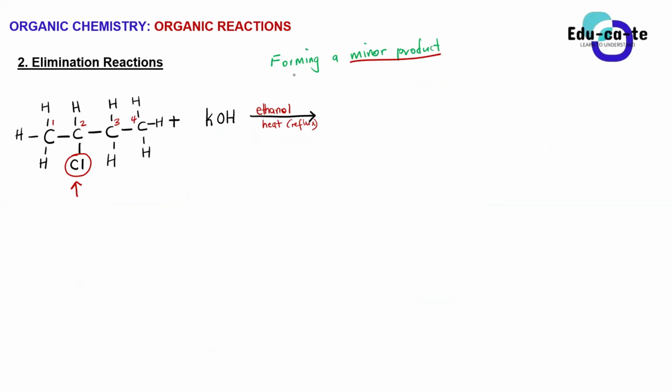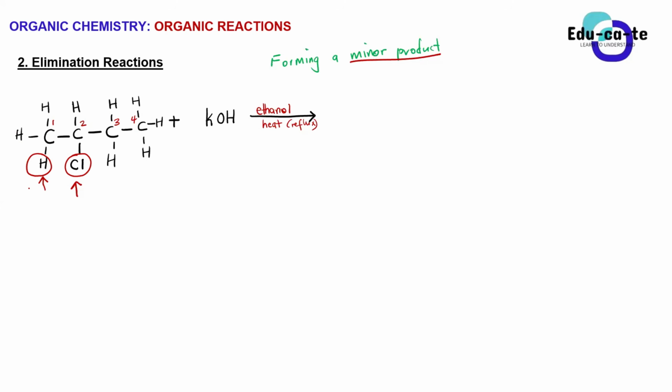So which hydrogen do you think I should remove? So you can take number 4 or number 1. We can take number 1, right? We will take number 1 because number 4 is too far away. We need our carbon to be at least closer to the Cl here. So we can remove the hydrogen from carbon number 1. That's excellent. So here we are removing our hydrogen from carbon number 1 because we are trying to do the